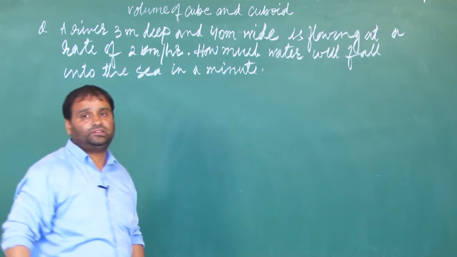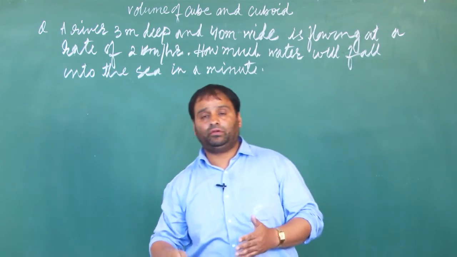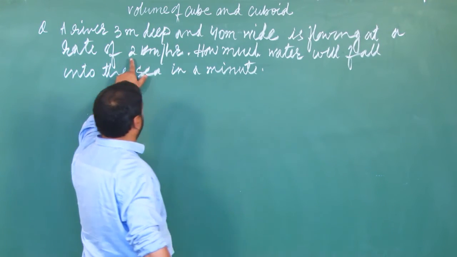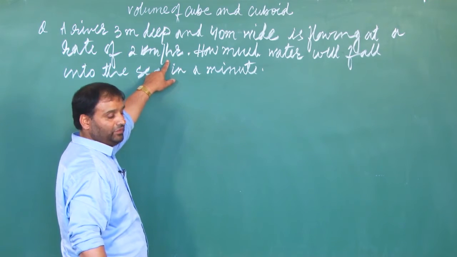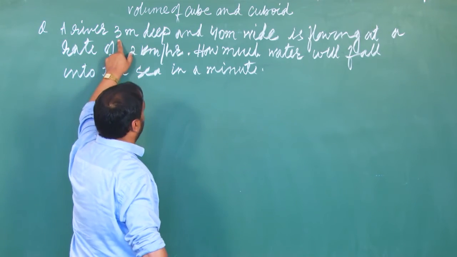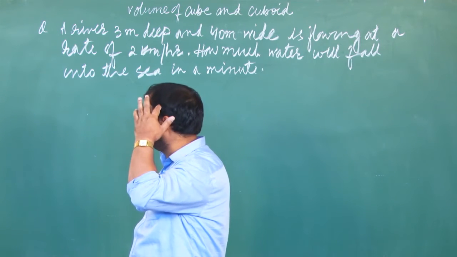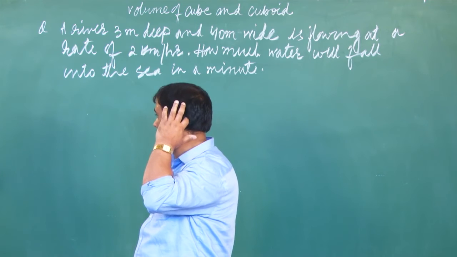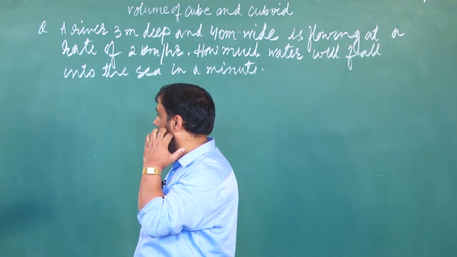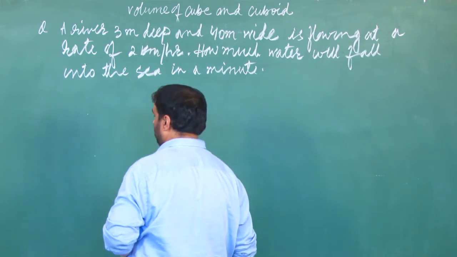Now, if we take this question very minutely, we will find out that this river also makes the shape of a cuboid. If we take the speed of the flowing water as the length and the height and depth